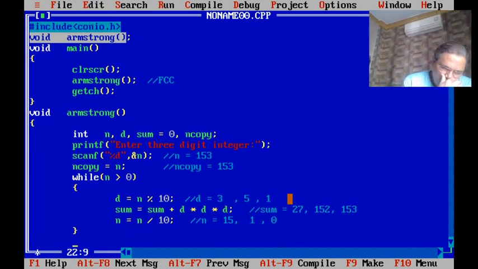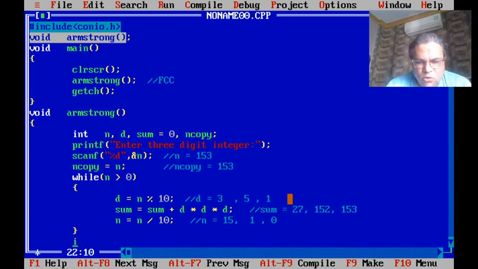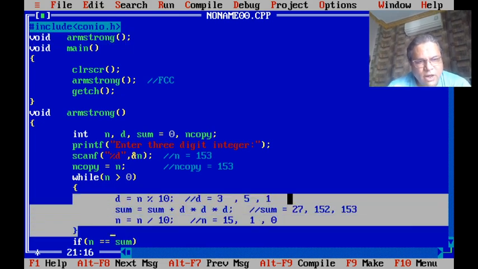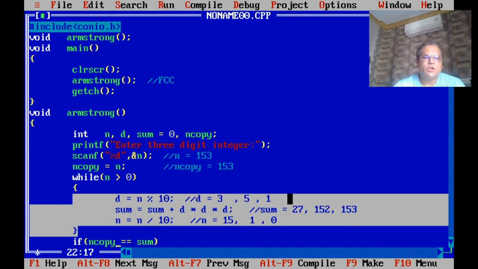and it will come out. What is the value of n when we come out of the while loop? It will be 0. So we lost the original number that is entered by the user, but we need it to compare it with the sum, and therefore we used variable called ncopy. Now I have to write n is equal to sum, but unfortunately after processing n for separating its digits, we lost the value of n, and therefore we have to use another variable whose name is ncopy, where we preserved the original value of n.